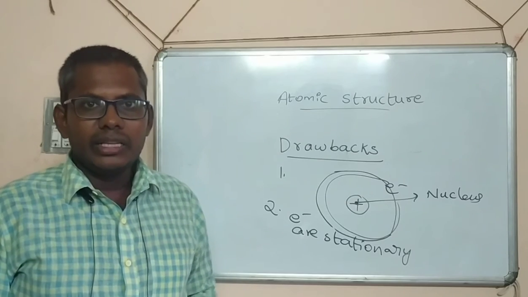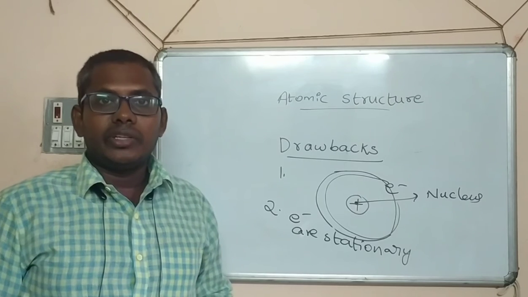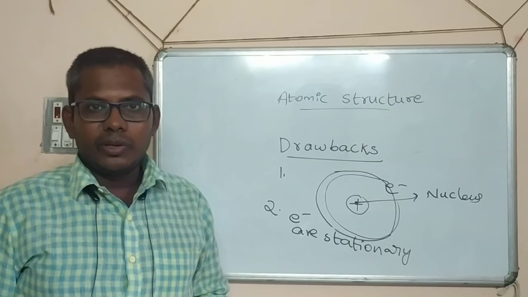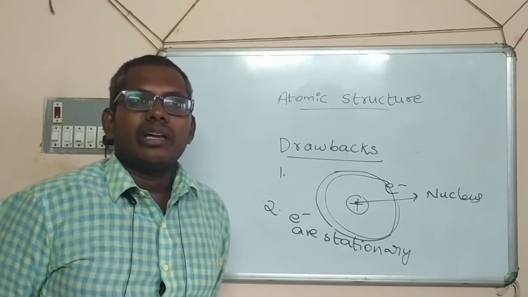And the last one: we want to know how electrons are shielded from the positive charge of the atom. He said that electrons are embedded in the positive charge of the atom, but that is not possible now, because they are rotating. Understand? So these are the drawbacks of J.J. Thomson's atomic model.